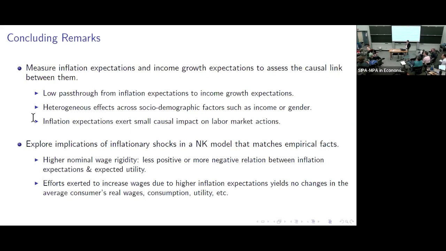I had a question about the people that are in the experiment, because you said they're representative of the US population, but do you have any sense of how many of them are like price makers? Like how many people are actually business owners or working certain jobs? Because in the model, I don't know if there's any heterogeneity between people who may be firm owners compared to the more general population.